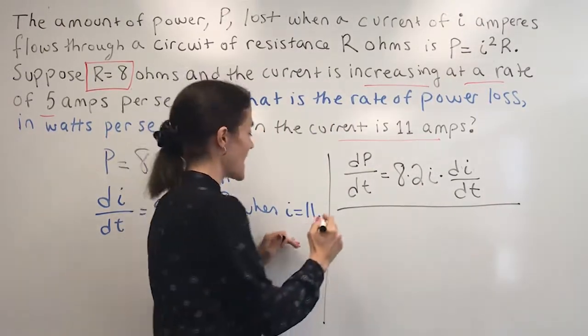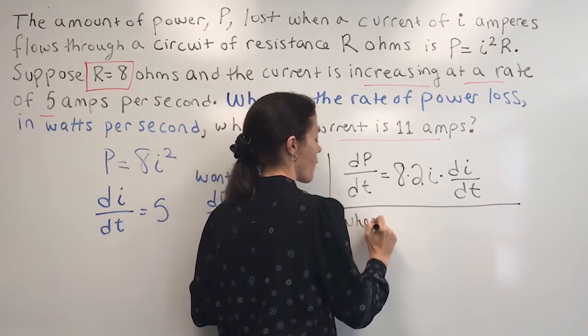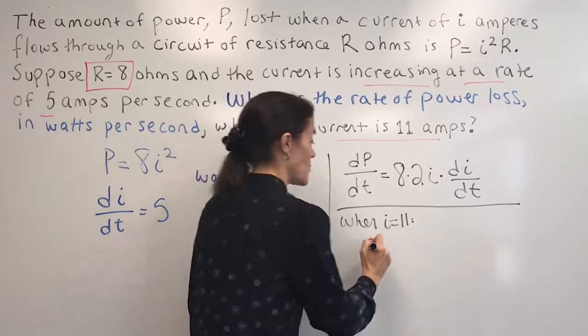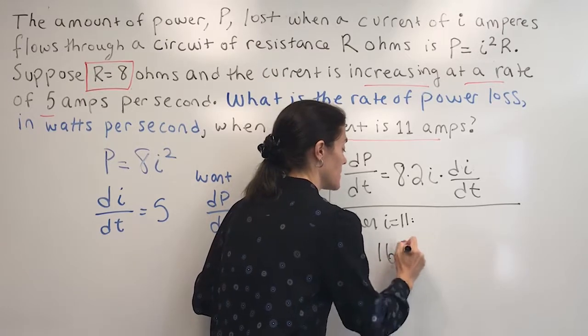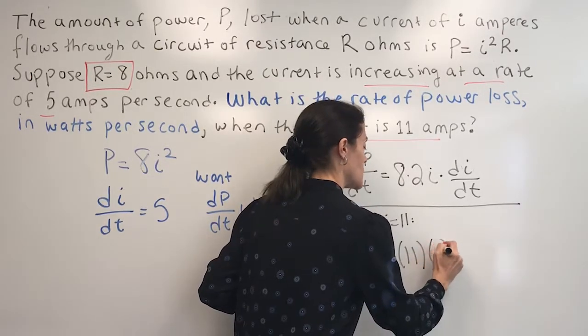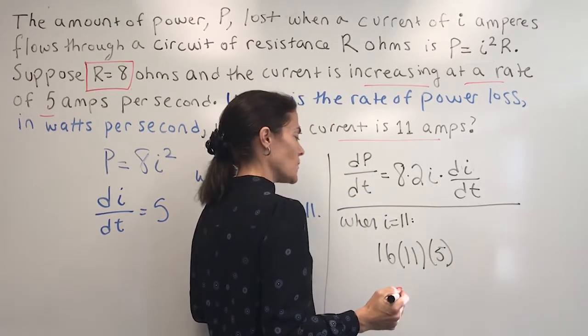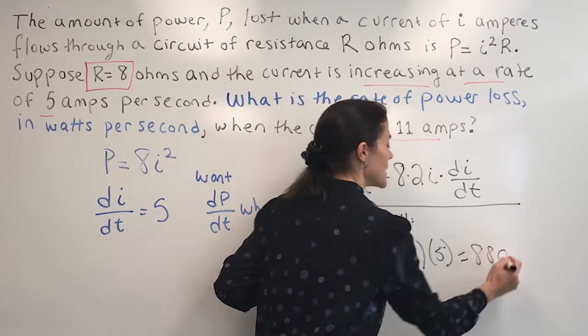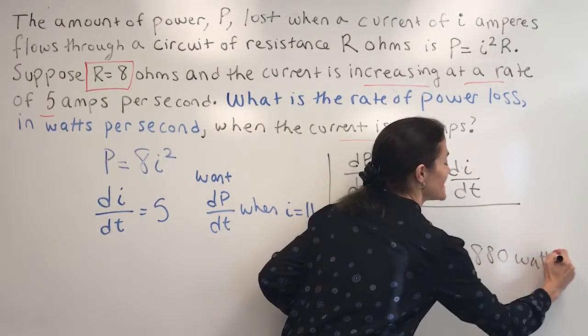When I equals 11, we have the following. We have 16, I, and then this, which is going to be 880. And this would be watts per